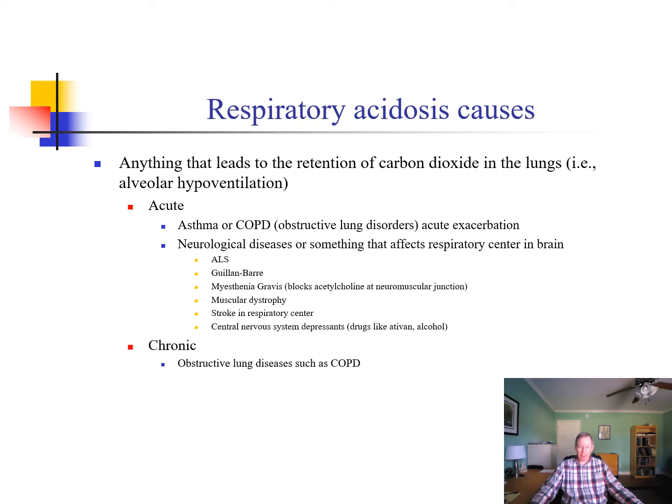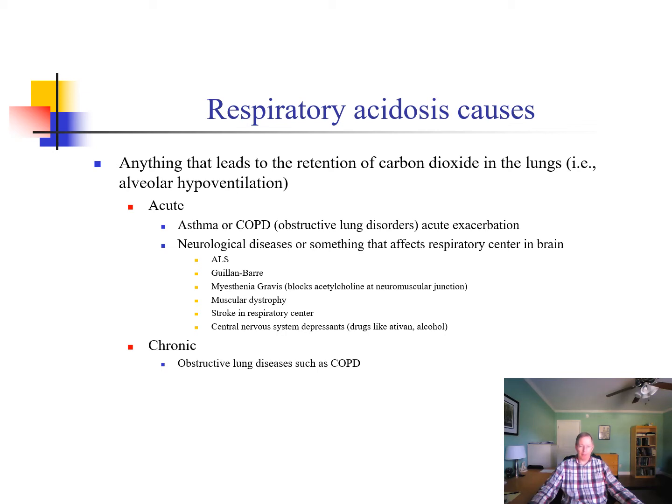Muscular dystrophy, stroke, and even central nervous system depressants like alcohol, ethanol, and Ativan or benzodiazepines. So these will cause retention of carbon dioxide, and as I mentioned before, chronic, such as in chronic obstructive pulmonary